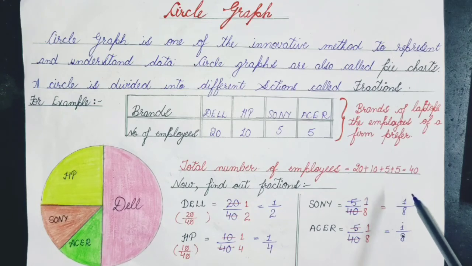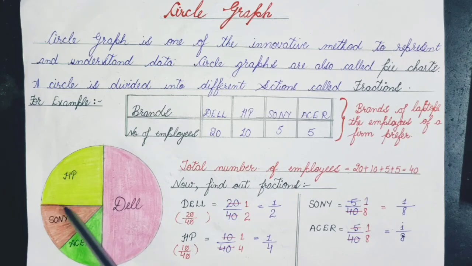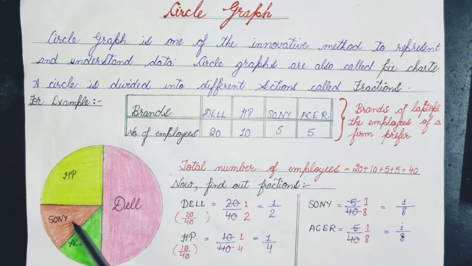Class, as I have told you, 1 by 4th is the half of 1 by 2, means half का भी half. And here 1 by 8 is half के half का भी half. It means the 1 by 4th portion which is left with us, उसका भी half करेंगे, then we will get 1 by 8. This topic we have already covered in our 4th and 5th standard, so maybe you will not have a problem in this, right?